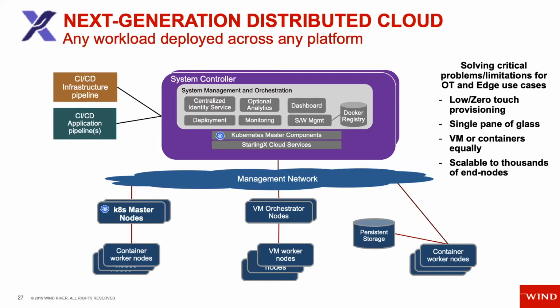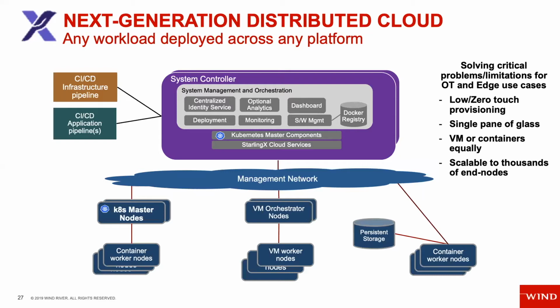And it could be that you have VMs and you need to orchestrate and manage VMs, or it could be that it's a pure cloud native controller and you have Kubernetes master nodes. And these are all connected via a lightweight management network, an L3 network, if you will. And if the connection breaks for whatever reason, these nodes would be able to work autonomously until the connection could be reestablished. So this is a distributed architecture that the StarlingX project is working on, that really solves some